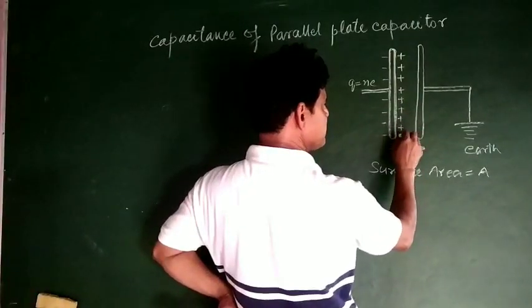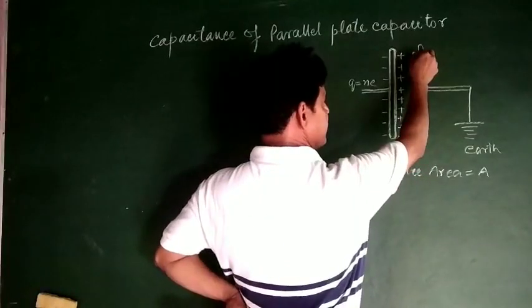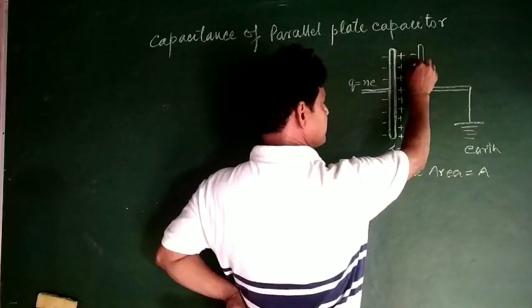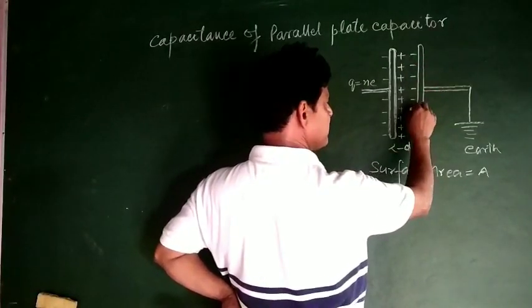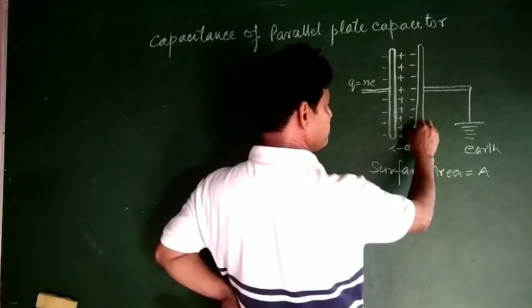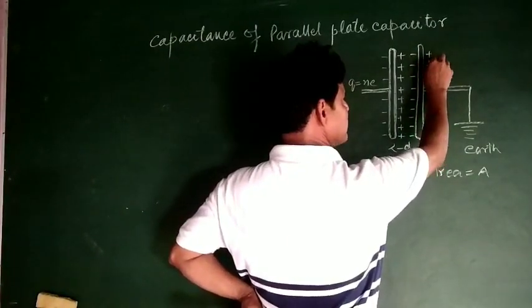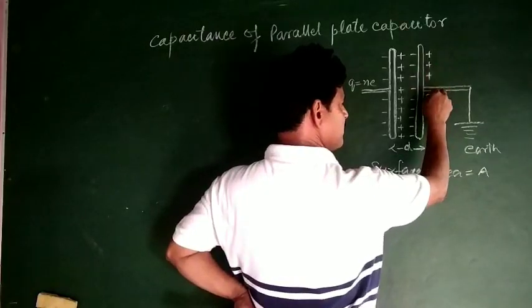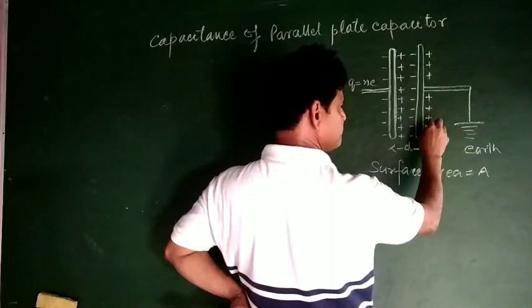And being at a small displacement from this plate, a negative charge shifts to the surface of the plate, while the positive charge shifts, because of the Coulombic force,